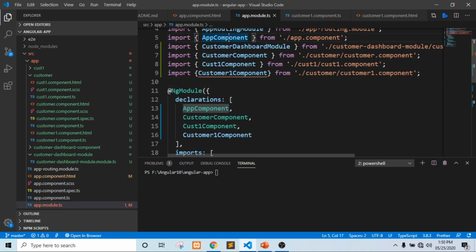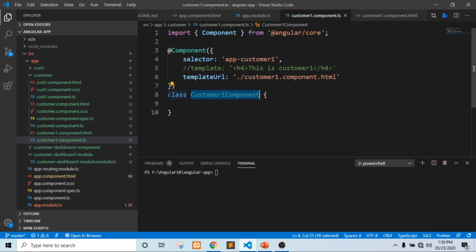So the same way we have created a component, if we want to import it somewhere, we definitely need to export it. If I come back to this file, here we simply created a component class customer one component, but it is not exported yet, due to which we are not able to import it into app module.